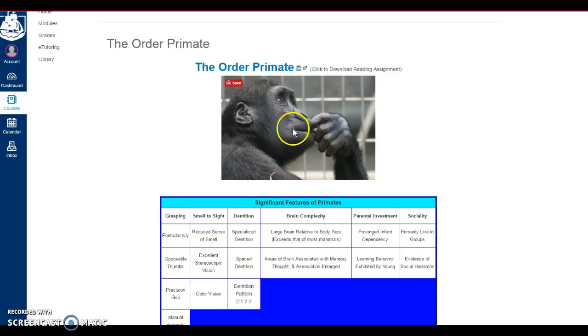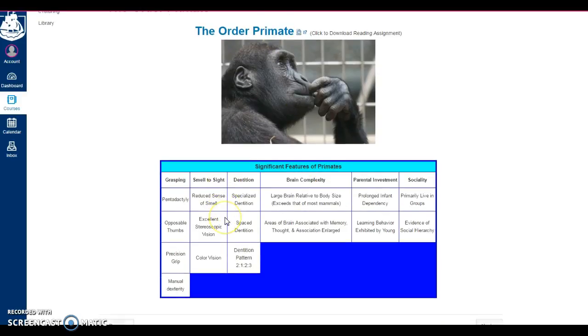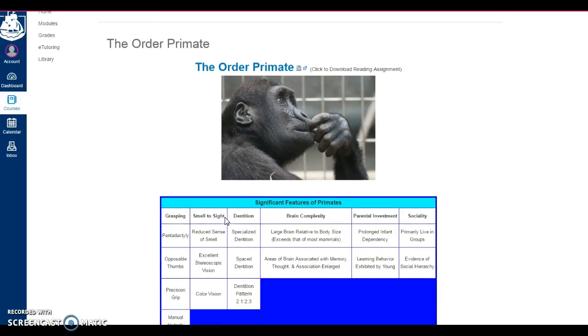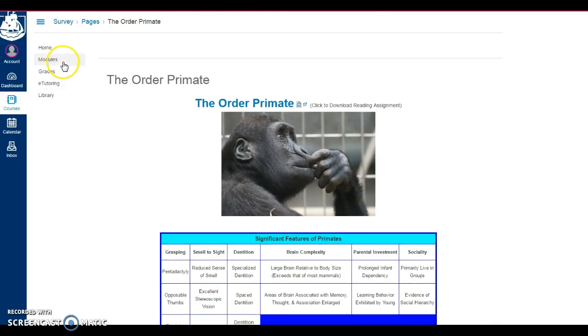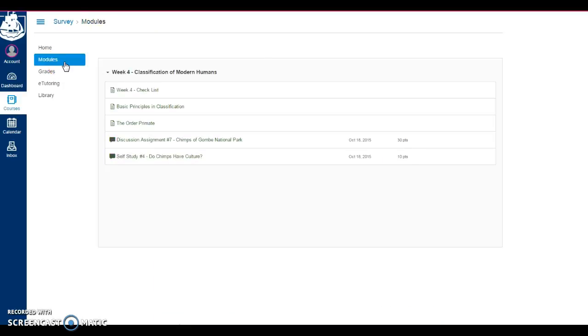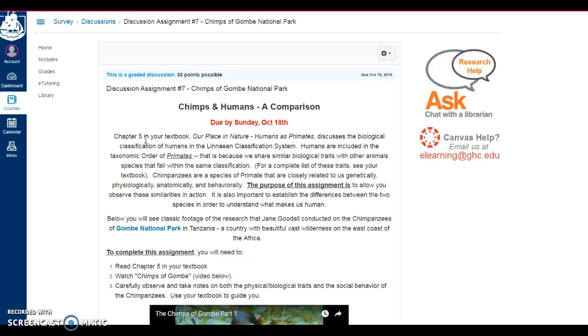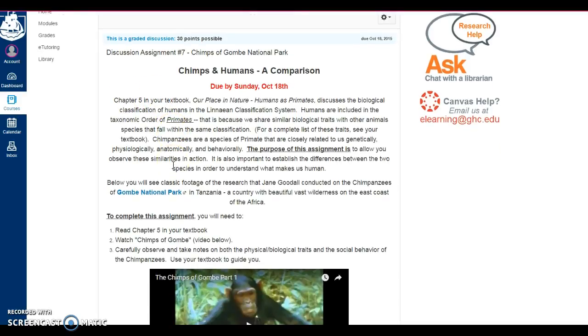When I click on that, it's actually just a simple page that identifies the significant features of primates, and then there's an outside reading assignment for them. So it's actually a very simple page for them. So if I scroll back up to the top again and click on modules, that will bring me into one of the activities. If I click on that activity, this is an activity that I've designed in which students are asked to watch a video